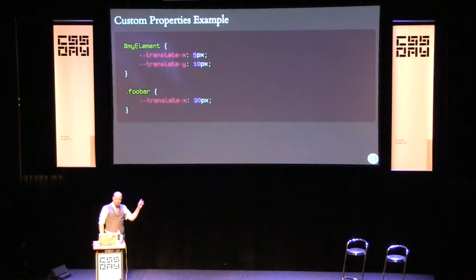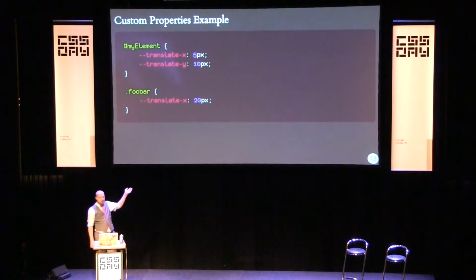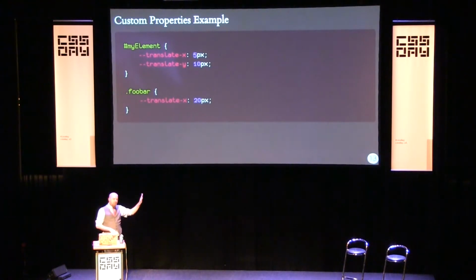In use then, it's real simple. You just say your element has an X and a Y of 5 pixel or 10 pixel. This will transform my element by 5 pixels to the side and 10 pixels down. Or you can specify just 1 in the second example. Foobar, it'll go 20 pixels over and then that's it. 0 pixels down because it defaults to 0. You could combine this with a transform that does a rotate and a scale as well, and they'll just work together nice and seamlessly. Again, this is something that'll happen in level 2, however.